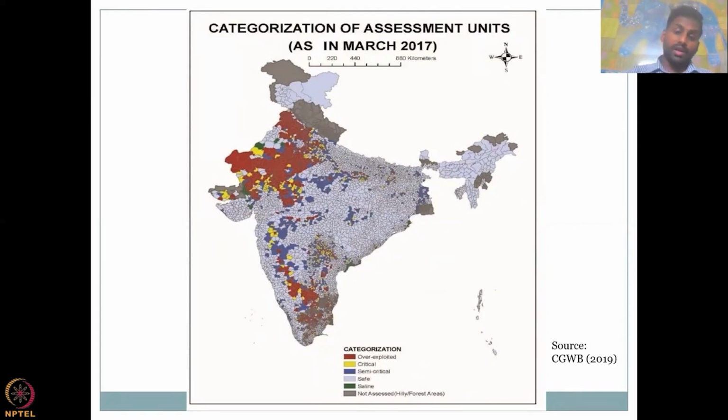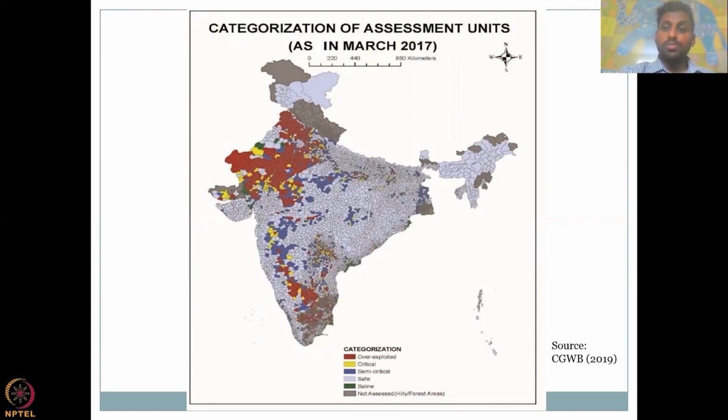So now you have an idea of how much water came in and how much water has been extracted. We will get into the actual data and practices in the following classes. But right now I would like to just be focused on the topic, which is the importance of groundwater in India and why we are studying this. So if you look at this map in particular at block level, you clearly see that a lot of blocks are overexploited. Allow me to define what overexploited means in this diagram.